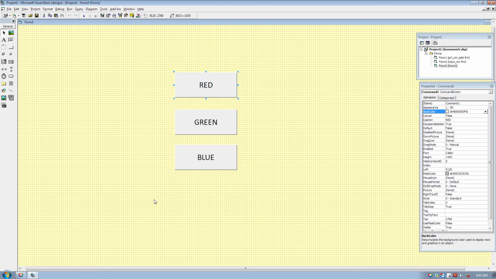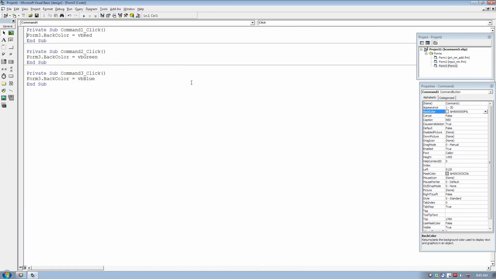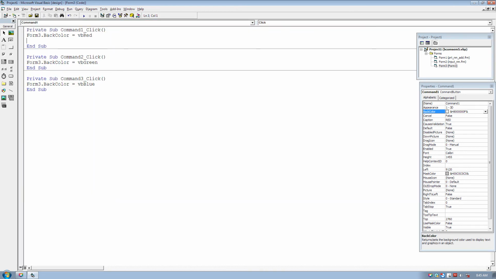Yes, if you want more things, okay, if you wish, I am just showing you, there should be one message displayed on the form while turning the color to red. If you wish, it is not compulsory, I am just giving you a demo. So you can also write another statement inside the event. I am writing in this event, command 1 click, print form's color is set to red, just to print,